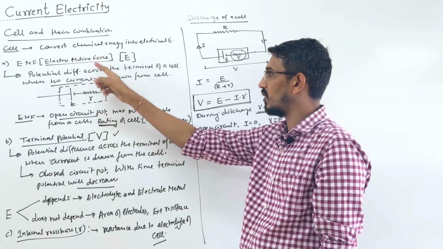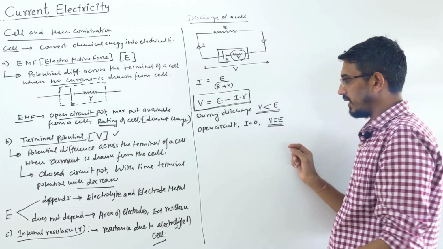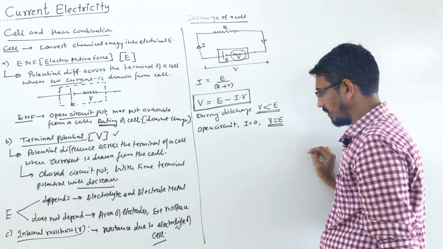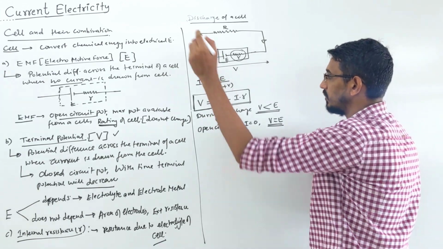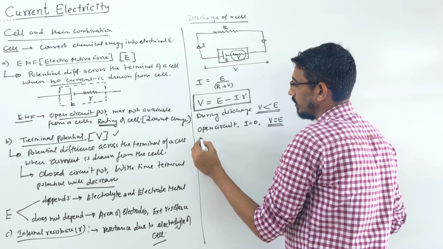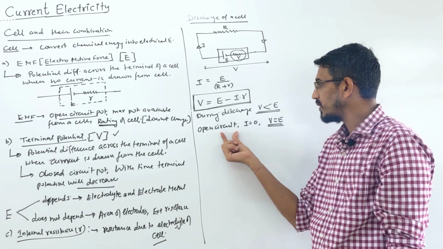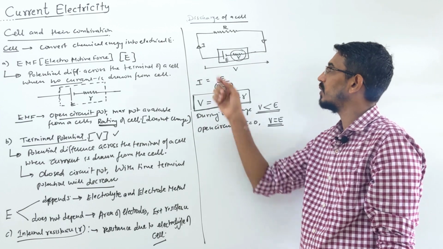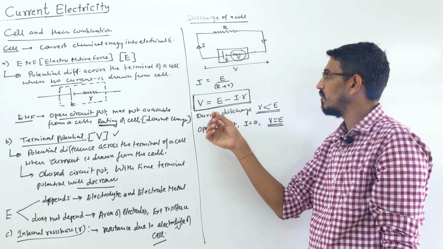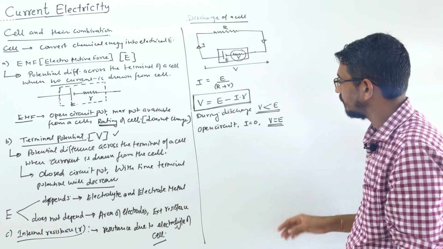Because in open circuit, the terminal potential is the EMF. So when the circuit is drawing no current, the potential difference across the terminal is maximum, equal to the EMF of the battery, right? Another way to understand open circuit: suppose there is infinite resistance here, very big resistance, again no current flows. So you can say it that way also, your choice.